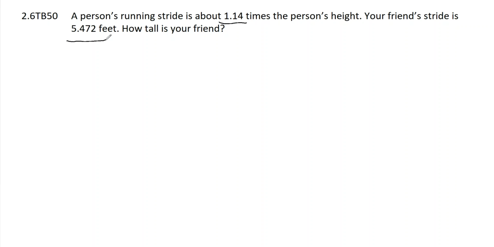Okay, let's start over. A person's running stride is about 1/14 times, we can use times right there, 1/14 times a person's height. Let's use h for height. So that is the expression we need in order to solve the problem, and we realize that the friend's stride is